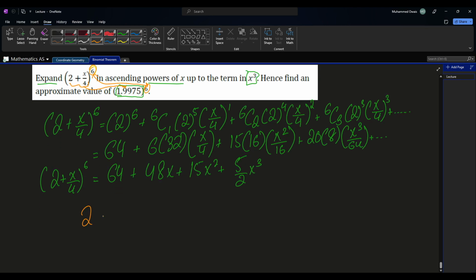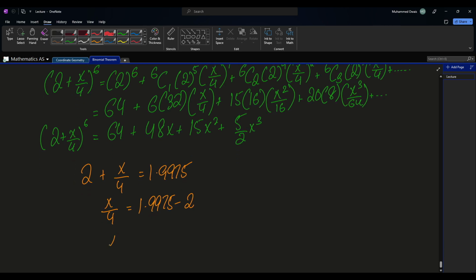So what I will do is write 2 plus x over 4 into 1.9975, and now I can do x over 4 is equals to 1.9975 minus 2, and then this gives me x equals to 4 into, alright, so firstly 1.9975 minus 2, it gives us minus